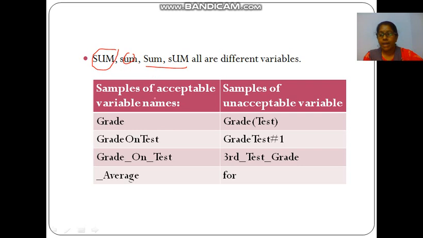Let's see some examples of valid and invalid variables. Valid: grade, grade_on_test, and underscore average. See here, it is starting with an underscore, it's okay. Now let's see the invalid variable names. See grade(test), there is a bracket, bracket is not allowed. Grade#test, hash is not allowed. 3rd test grade, 3 is a digit, it is not allowed as the first letter. Then for, it's a reserved keyword, so you can't